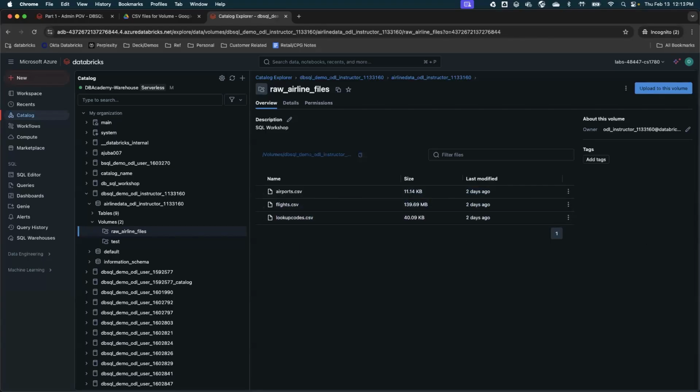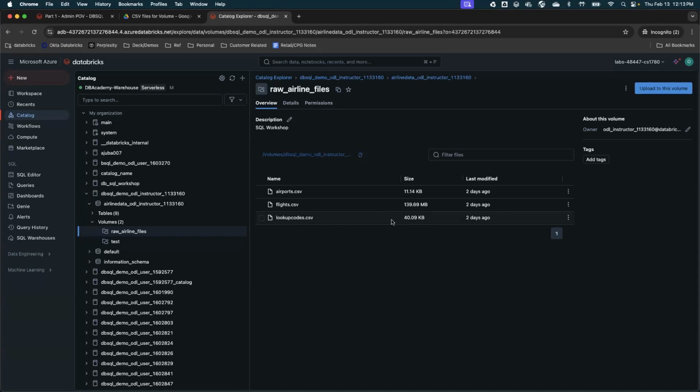And can you please share, Sid, what a volume is, or why we're using it in this case, or when it's important to use it? Yeah, so generally, you can use a volume for all unstructured data, and you will use your table for all your structured data.